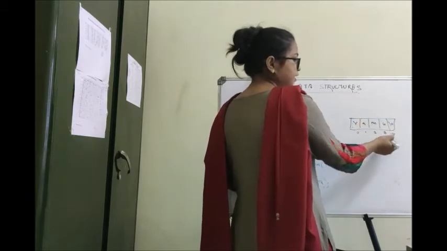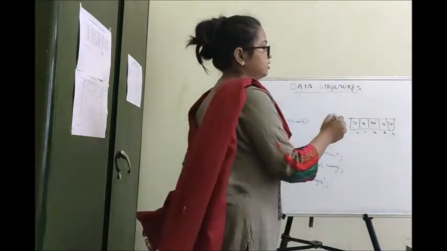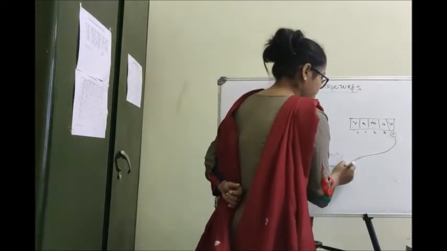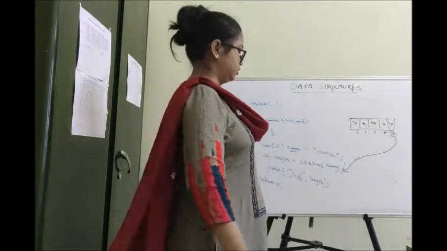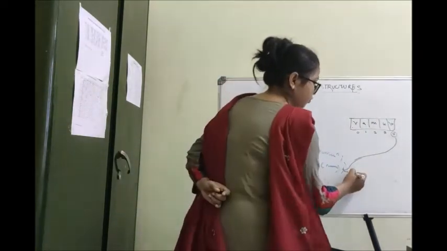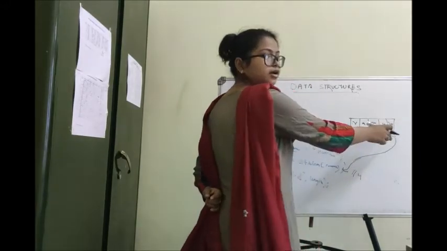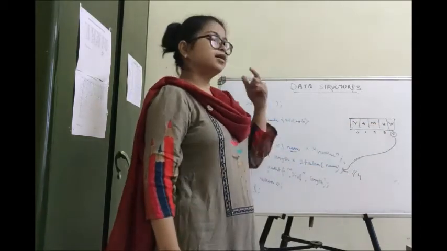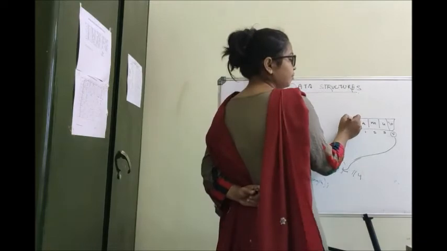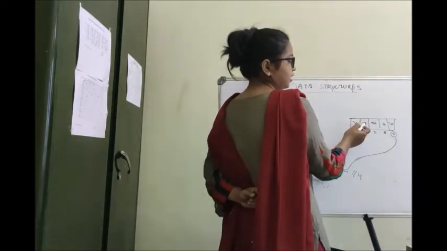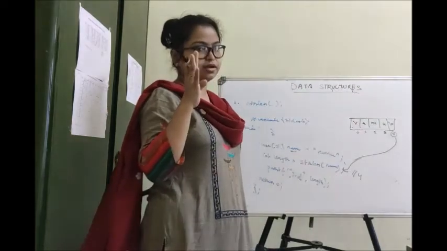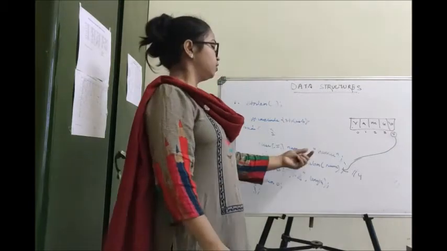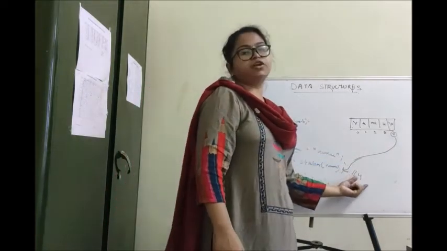Now the number of characters returned, you can think of string length as the index of the null character. So what will it return? 4. What is the index of the last character? Index of the last character, the null character, is 4, isn't it? So it will return 4. Otherwise, you can think of it as the number of actual characters. What are the number of actual characters? R, A, M, U. There are 4 actual characters, right? Excluding null. So 4 will be returned. Okay. Either way, you can think of it. But ultimately, it will return 4.